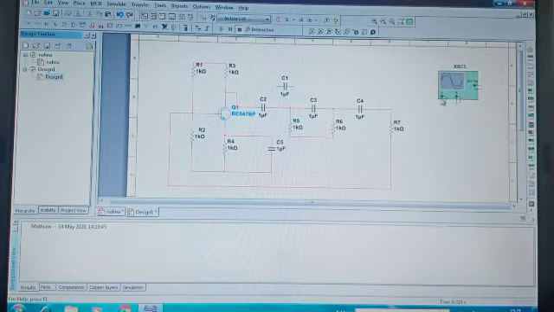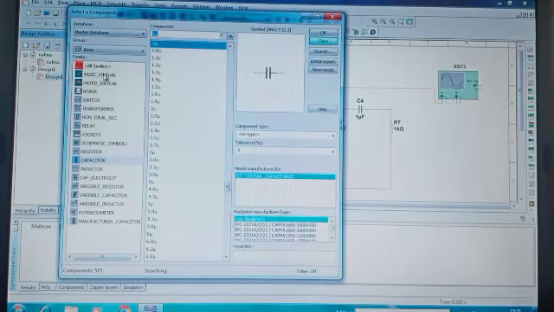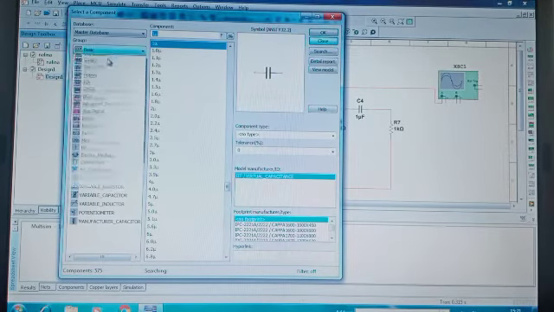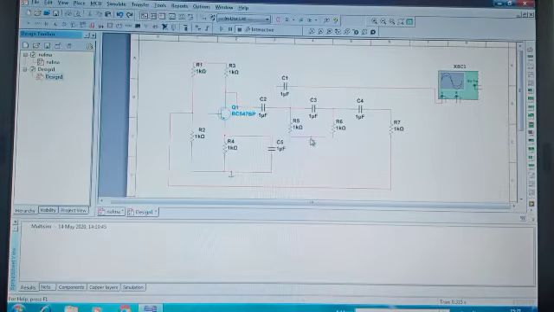We have two channels here, A and B. One is connected with the capacitor and the other will connect here. Before that we'll place the ground. Again go to components, and here go to sources, power sources, and there we have the ground. Place a ground wherever it is required.